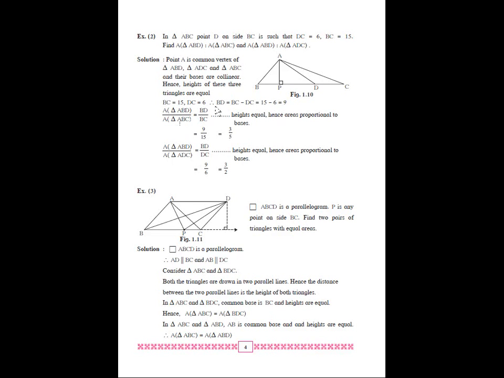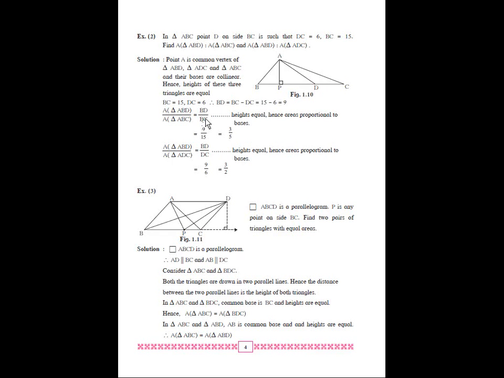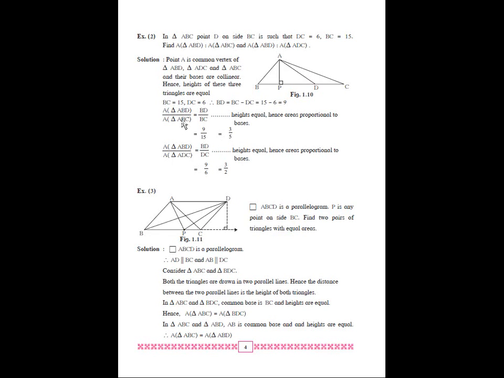Then the area of triangle ABD. What do we have to find out? When the heights are equal, then the areas are proportional to the bases. So you only require the values of the bases. What is the base of ABD? It is BD, so we write BD here. Then the area of triangle ABC. What is the base of ABC? That is BC. And what is the value of BC? It is equal to 15. So 9 upon 15. The ratio is 3 upon 5. That is the first ratio. We found 3 is to 5 for these two triangles.